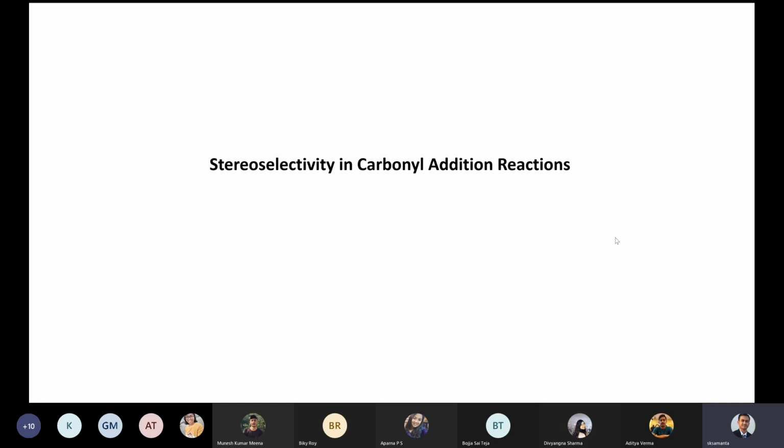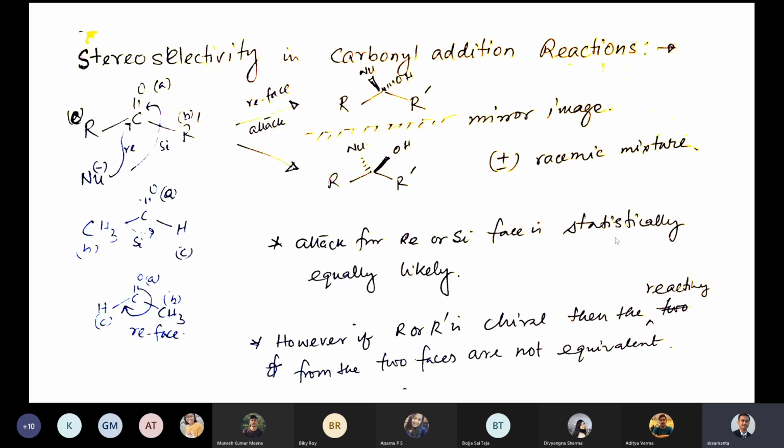Okay, so I think I told you already about this Re face and Si face. So you already remember what is Re face. Re face and Si face are considered for a carbonyl compound, for example an aldehyde or ketone or any other substances. For example, if you take acetaldehyde, okay, how do you judge which face is a Re face and which face is a Si face, or you can call it psi face, not a problem.